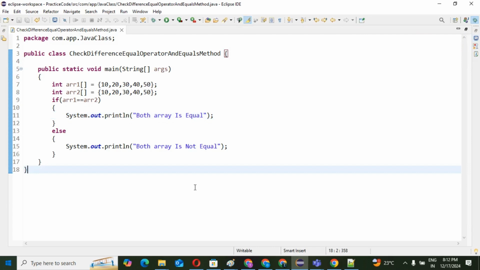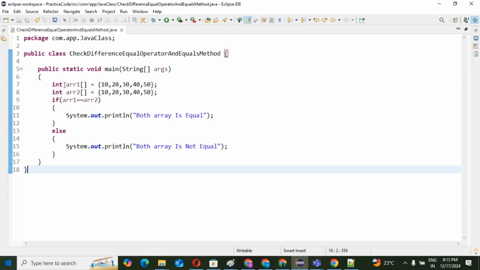Because, guys, let's understand what is going to happen after running this if condition. You know one thing: when we compare arrays with the help of the double equal operator, it will check the reference variable.